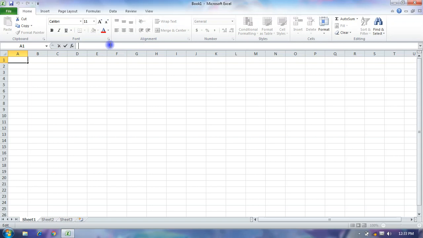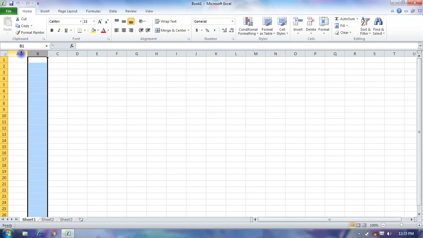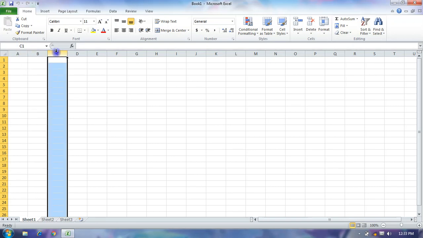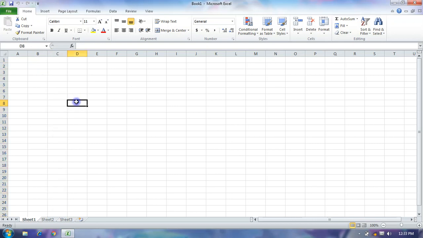The formula bar displays the formulas which are applied in your worksheet, and the name box displays the cell address. If you click A1, if you click C1, then D8, like this. So this is another function in this program.